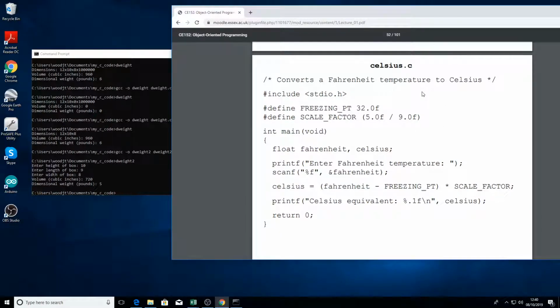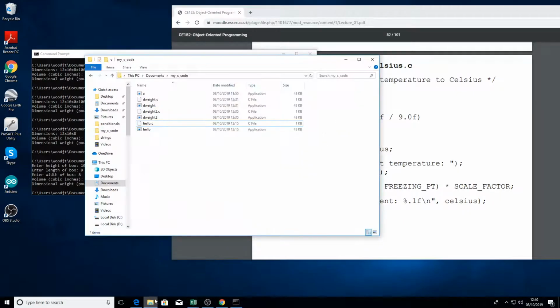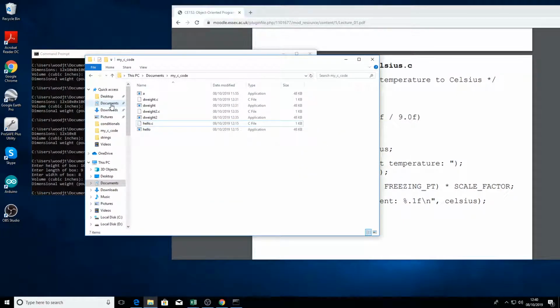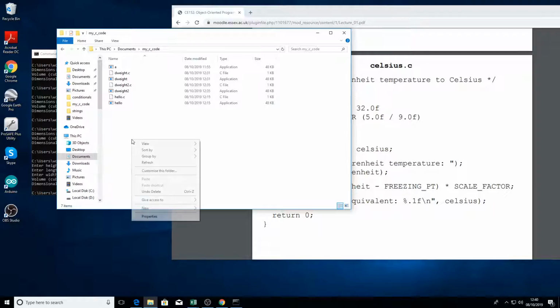Moving on to page 52 of the notes, we're starting to get some code here that's actually quite useful. There's a file called Celcius.c. For us to be able to run this, the first thing we've got to do, same as before, is go to the folder where we're running all our code, and inside here,